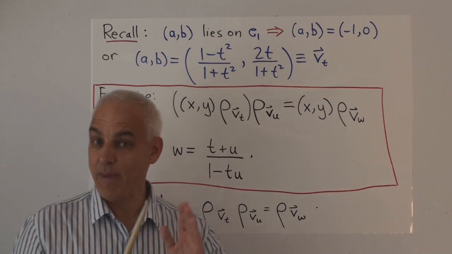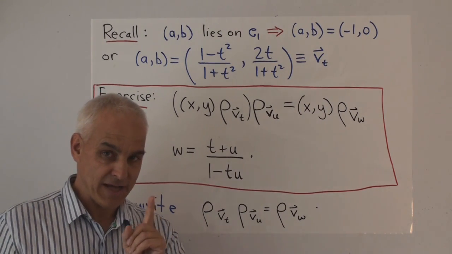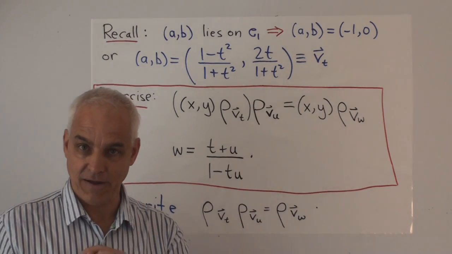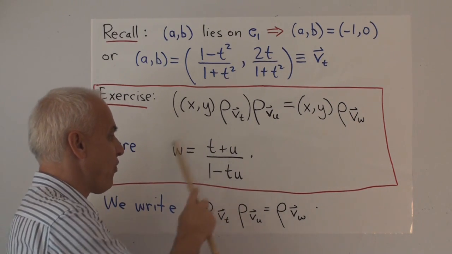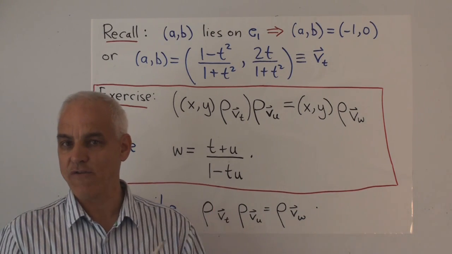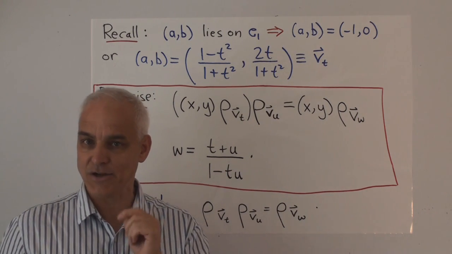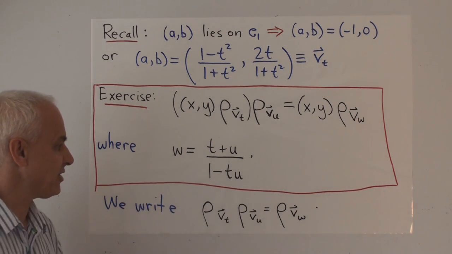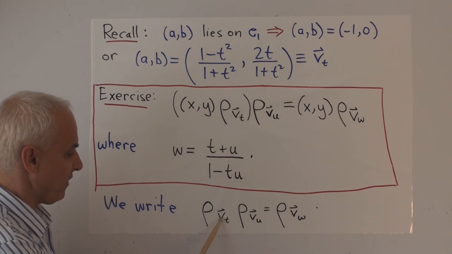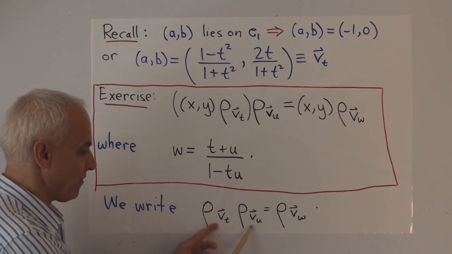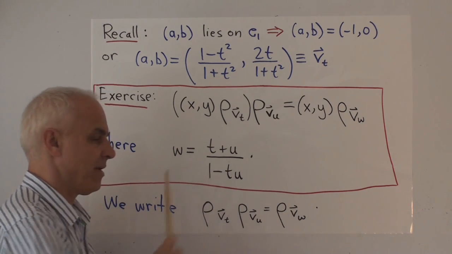Now this is different from angles. If we were rotating with angles, we would just be adding. We are not using angles because angles are way too complicated. But with this rational formulation, this formula replaces the ordinary addition of angles. It's a very important formula, not nearly as well understood and used as it ought to be. So it's a very interesting exercise to do that. And then we can introduce this notation that will just now say that rho of Vt times rho of Vu, this expression, can be replaced by rho of Vw, where this w is given like this.